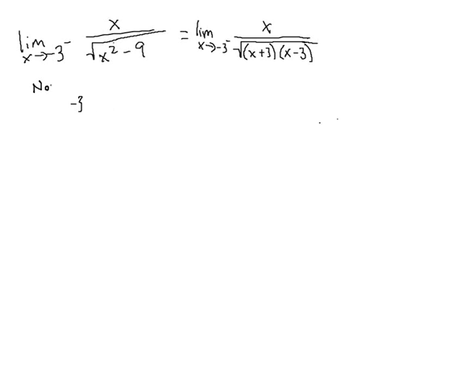not defined in the open interval between negative 3 and 3. Because if x is any value between negative 3 and 3, then the x squared term will be somewhere between 0 and 9. So therefore we'll get some number between 0 and 9 minus 9, so that'll end up being